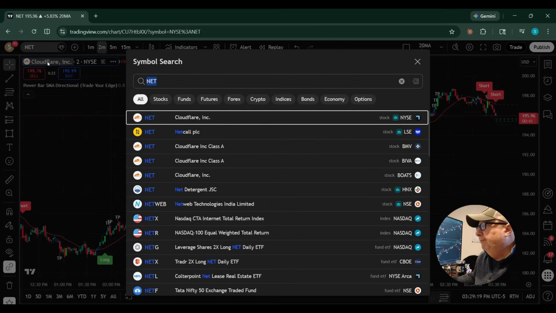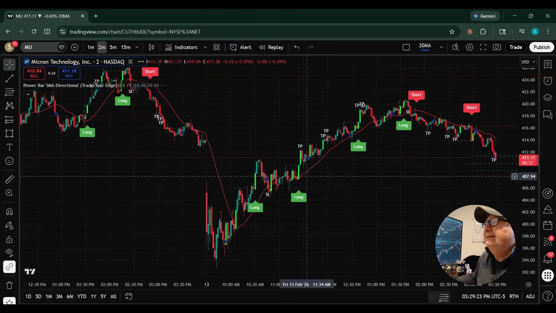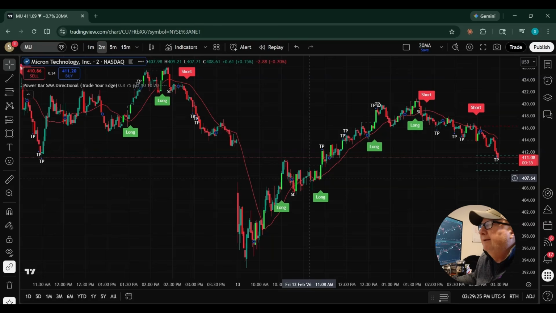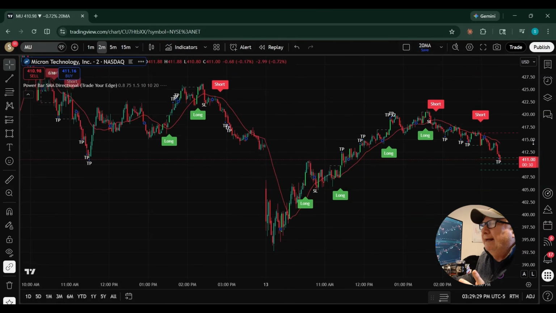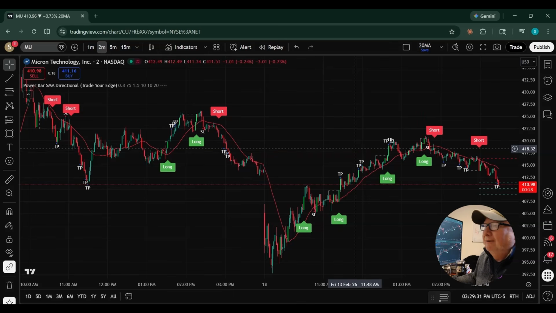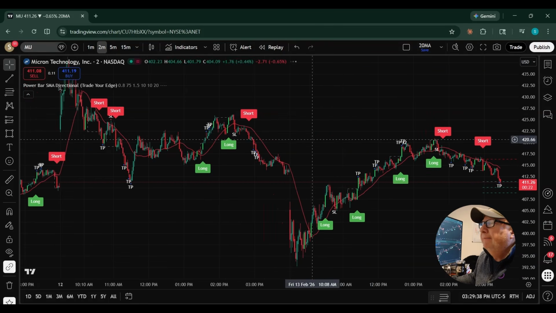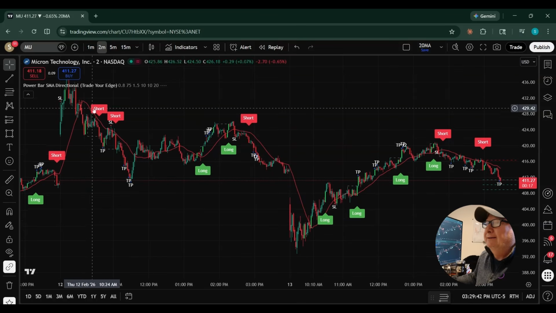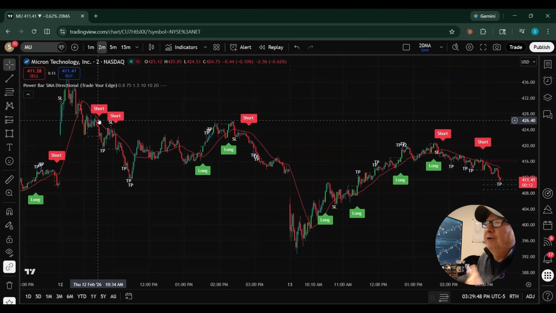Let me show you a couple more over the past couple of days that have had really good movement. Again, that's when the power bar performs its absolute best. Micron, another great AI name, which obviously has exploded recently. But look at the movement in the stock and look at what the power bar does for you if you're